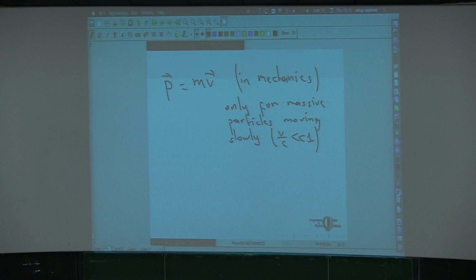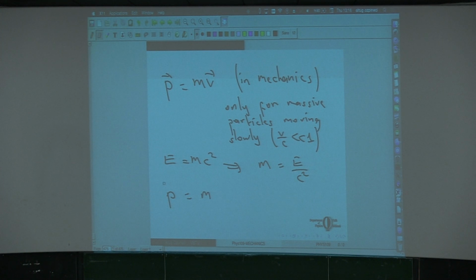Now let's remember Einstein. I'm sure we didn't discuss it that much, but I'm sure you already know this expression, E equals mc squared. And this tells me that for any energy that you can think of, there is a corresponding effective mass. Now, light doesn't have this mass, but nevertheless, it has an energy. We already saw that electromagnetic waves carry energy. So if this is the mass, and if you want to calculate the momentum,